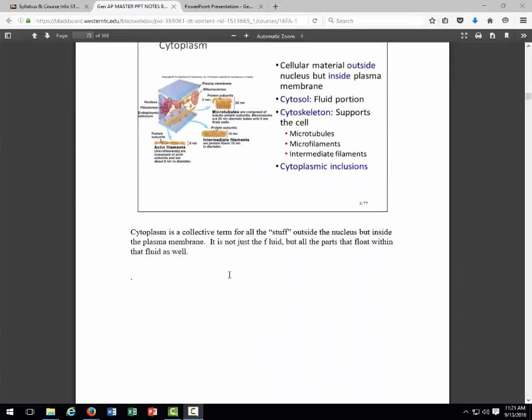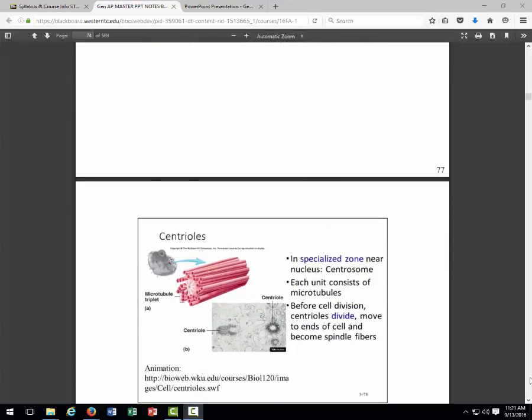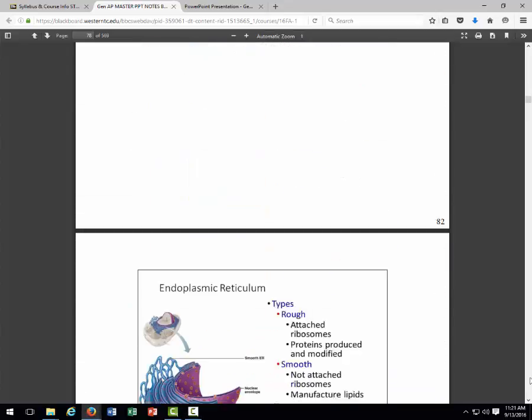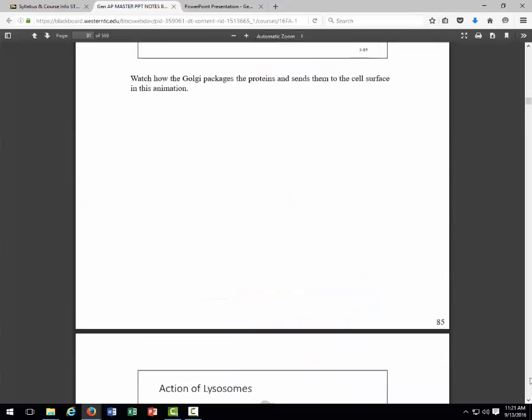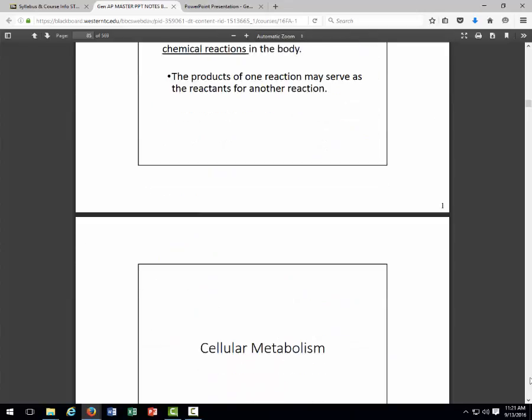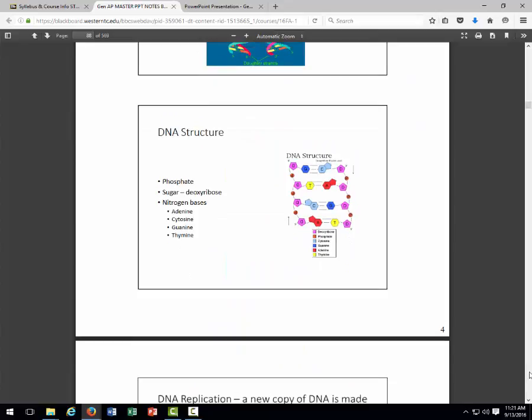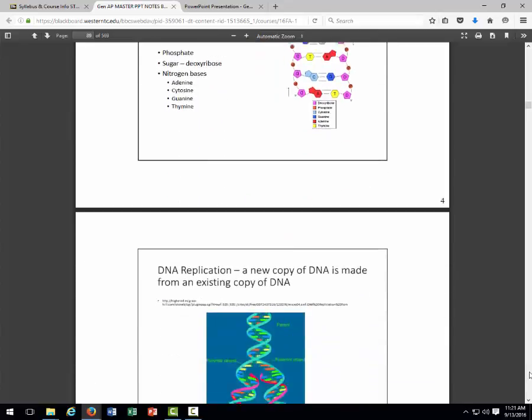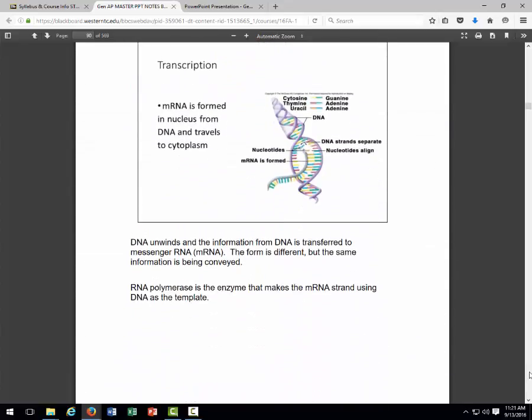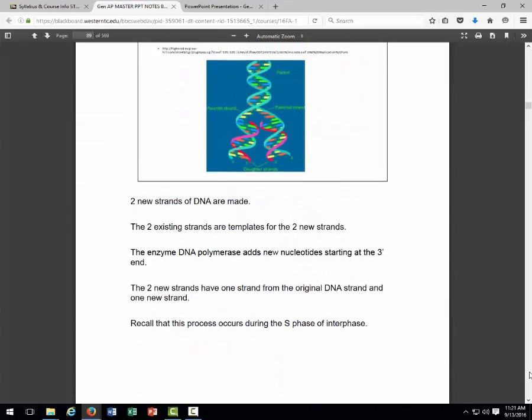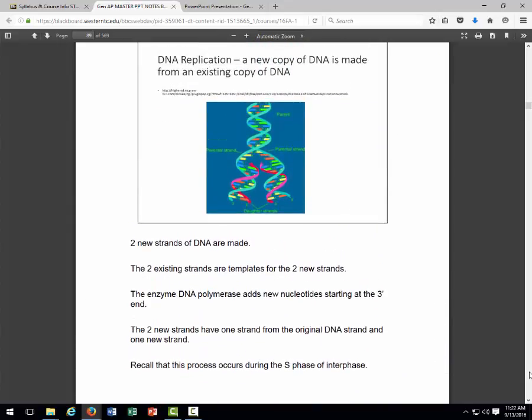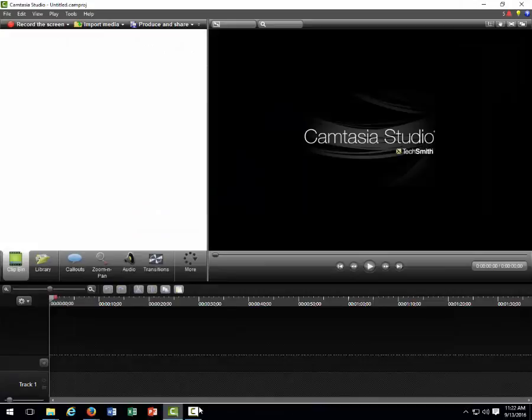Okay, so then moving on, I want to look at the processes of protein synthesis. And before we do that, I want to have you